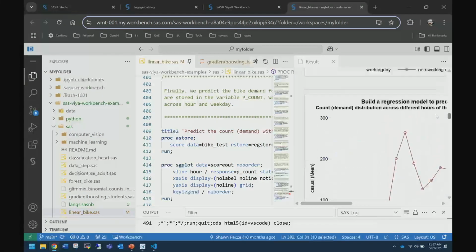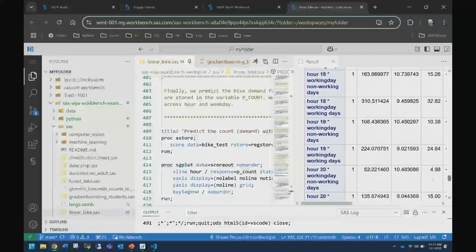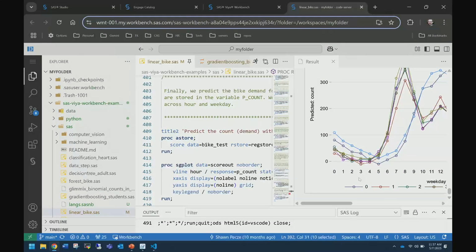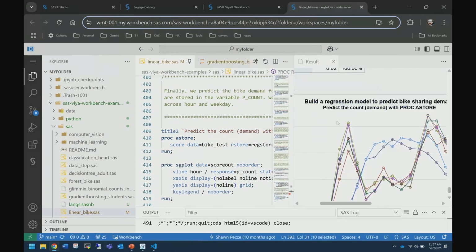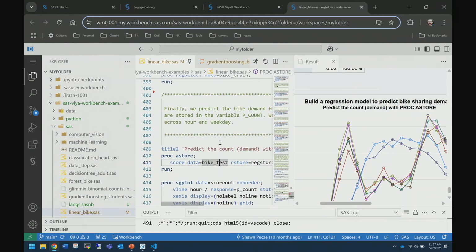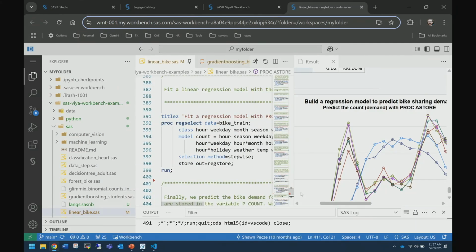So if we come see here, it's producing various items, but what we're interested in here is it produced a model of what it predicts the demand for the bike sharing app will be. And one thing that is very subtle, but it's an important part of the demo, is you see this and it's like, oh, a proc reg select with a data source, that just seems very familiar, but with what we've added with the multi-language capabilities, instead of having to just use it in a CAS server, you can use it here directly running in process.